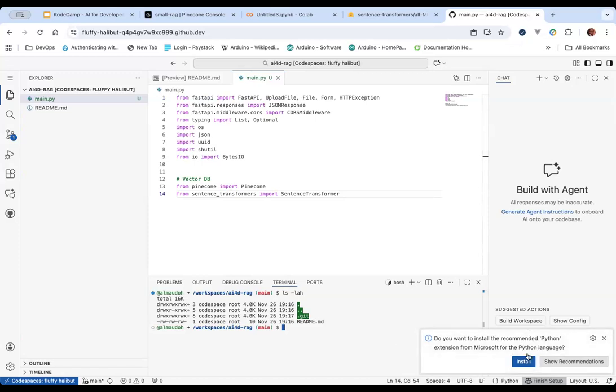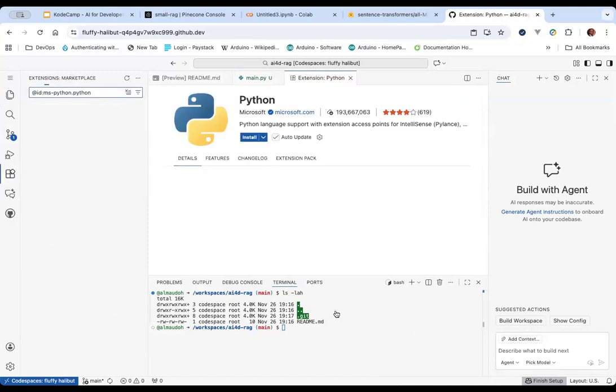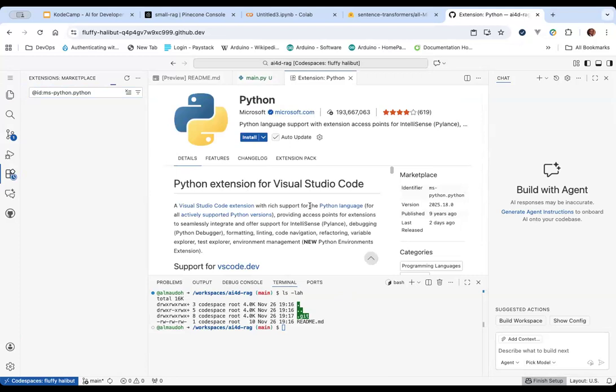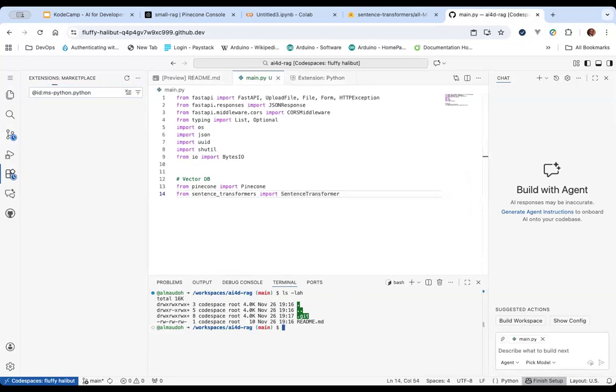Yes, they've asked if I want to, so I'm going to install the recommended Python extension. Basically, Codespaces runs on top of VS Code. Then I am going to install dependencies, right? So what are the dependencies? I need to install FastAPI first. So pip